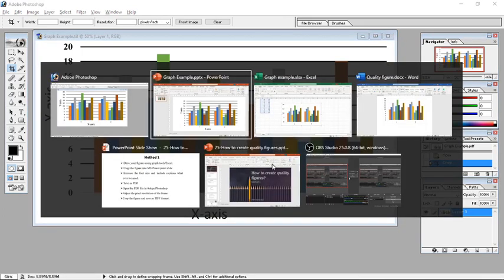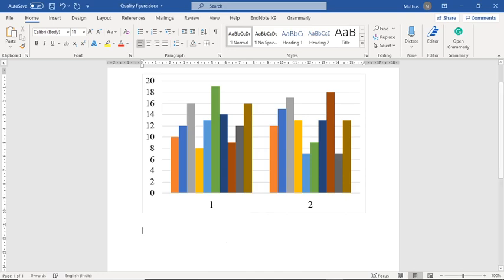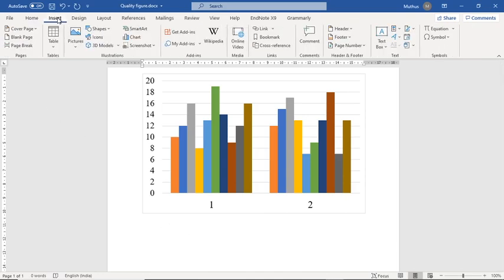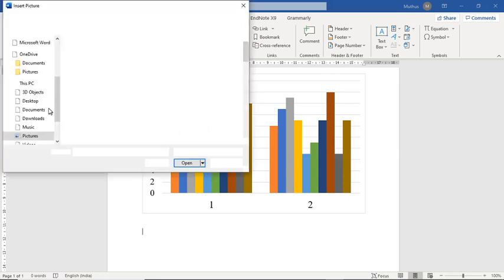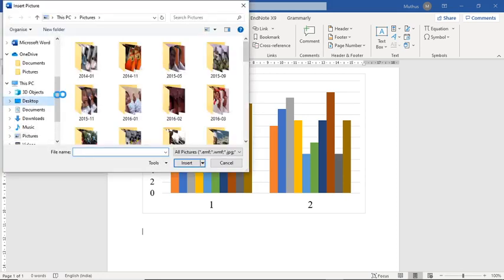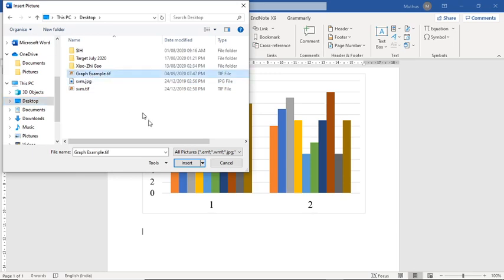Now I am going to the Word file. Here I am inserting the JPG file from this device, the desktop, where it is already saved as graph example.